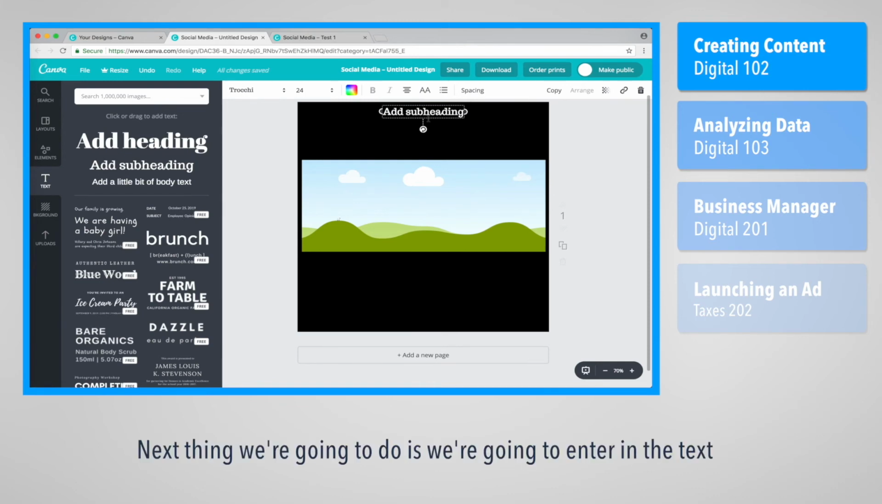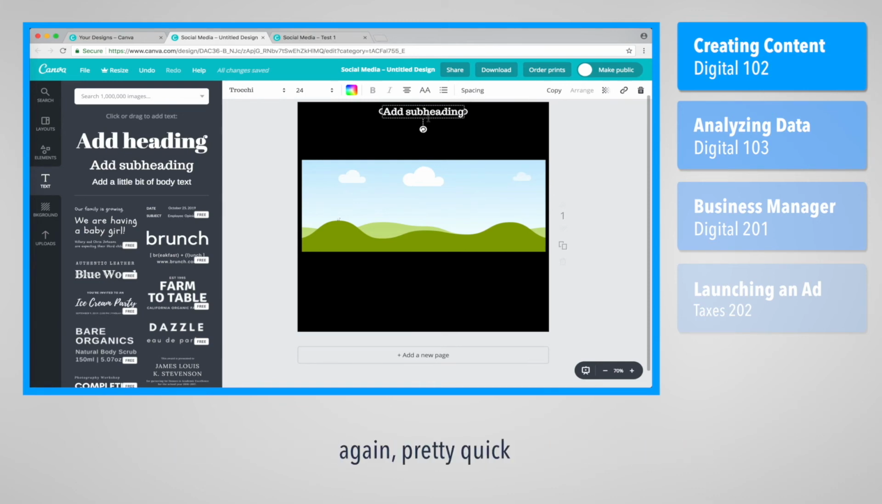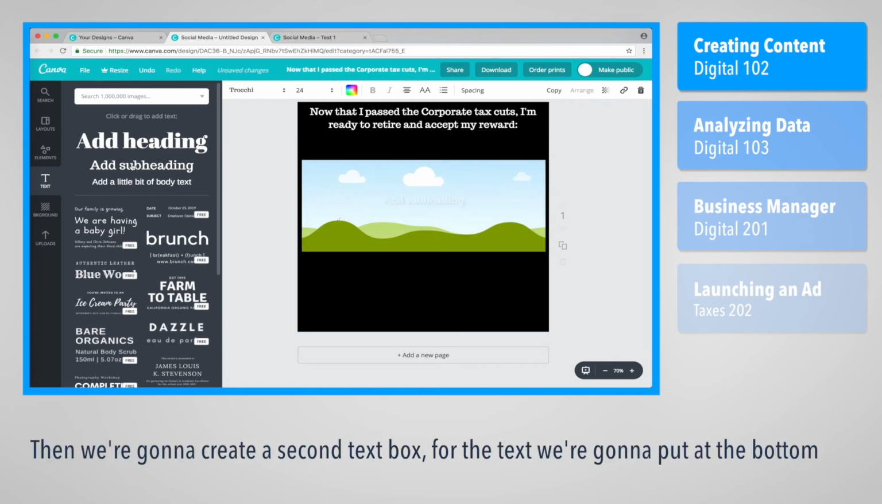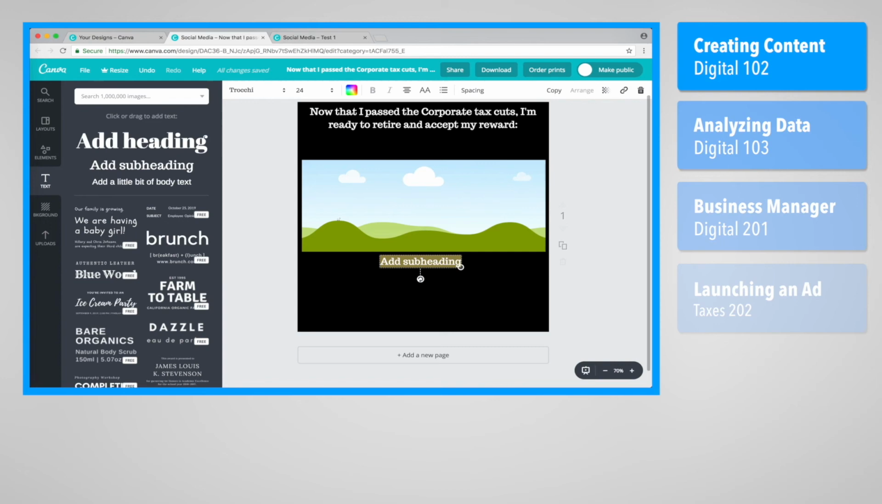Next thing we're going to do is enter in the text. Again, pretty quick. Then we're going to create a second text box for the text we're going to put at the bottom. That's going to say,